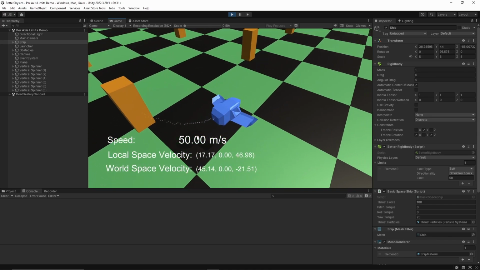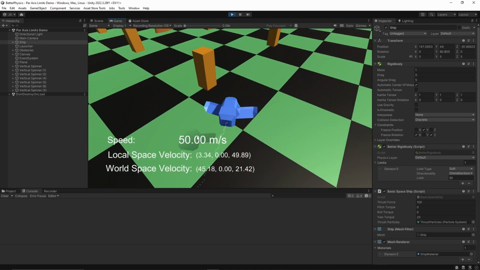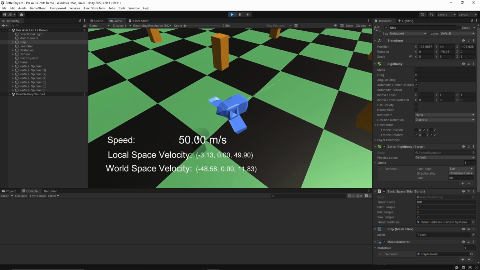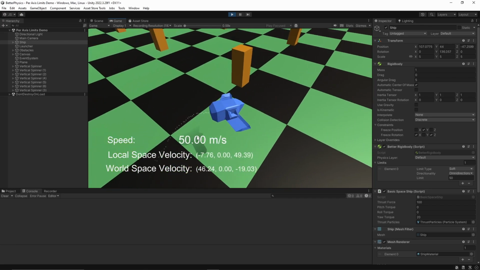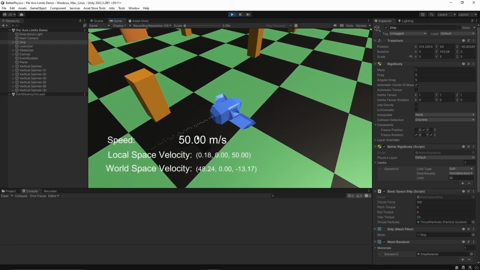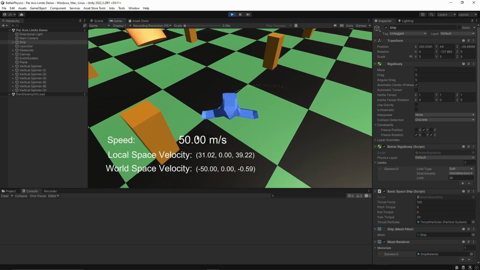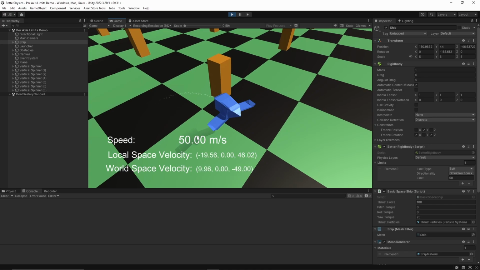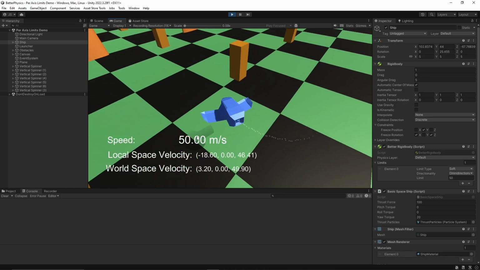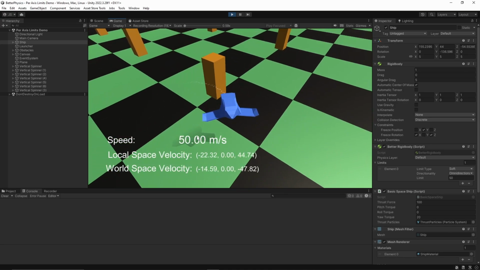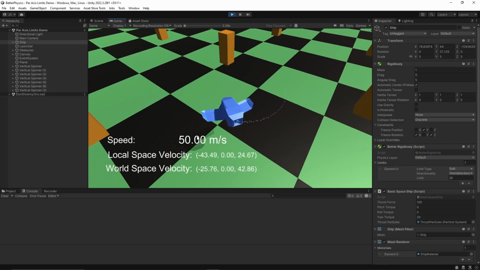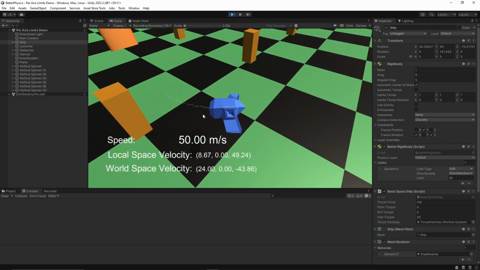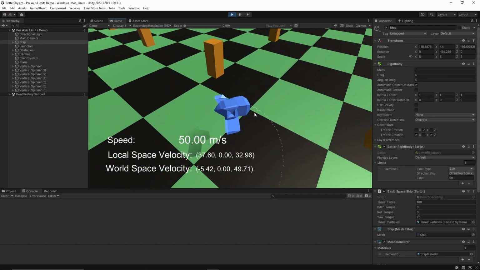And by the way, the reason that we were going a little higher than 50 before is that when we had that clamp magnitude code in fixed update, the way Unity works is when you call add force, that force doesn't actually get added until after all of your code is running. It actually gets added during the physics simulation itself. And so when we clamped our magnitude, our force still got added after the magnitude was clamped. So here, with BetterPhysics, just by adding this limit, we're clamped to 50 beautifully,